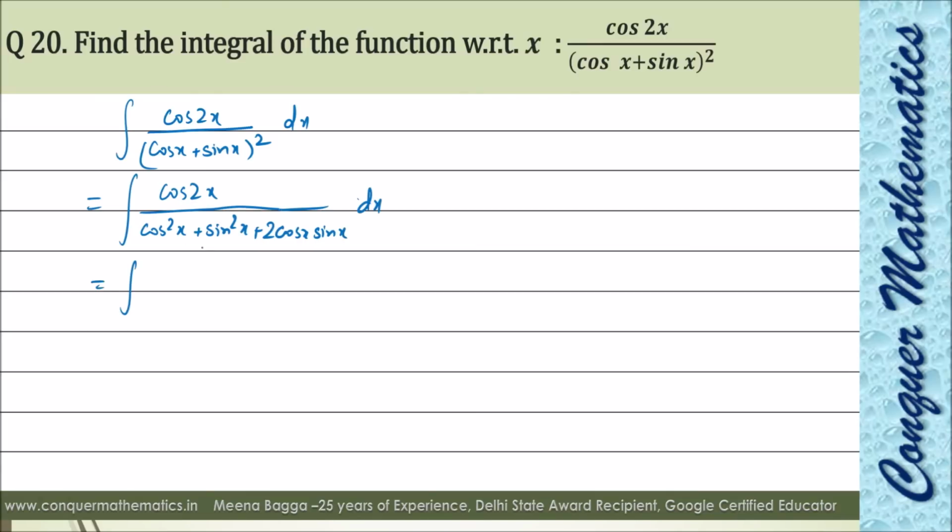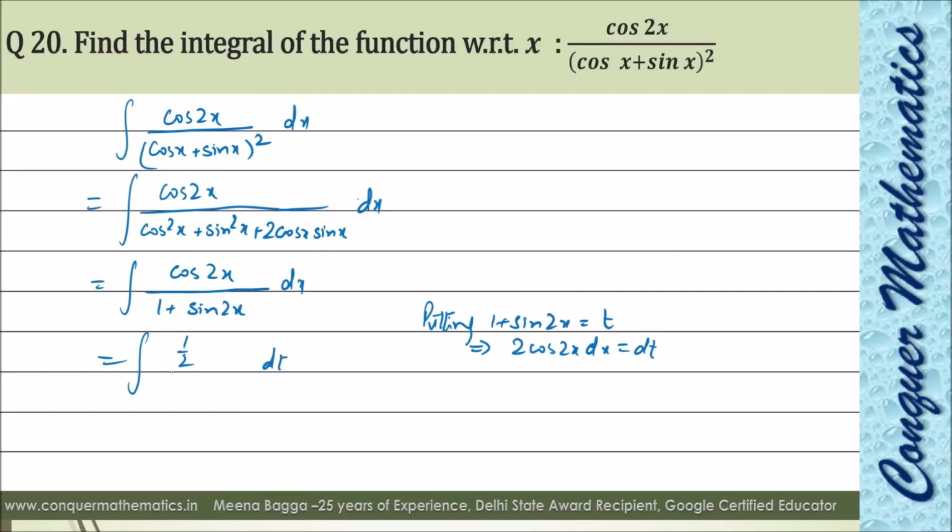You can see cos square x plus sin square x is nothing but 1, and 2 sin x cos x is nothing but sin 2x. I hope you have understood now. If we put 1 plus sin 2x as t, that means we are getting 2 cos 2x dx as dt. That means cos 2x dx will be half times dt, and the denominator will be t. That means half times integral of 1 by t, and integral of 1 by t is nothing but log of